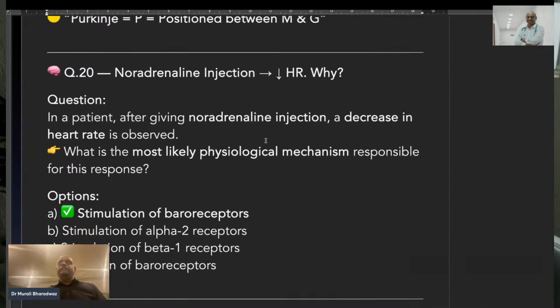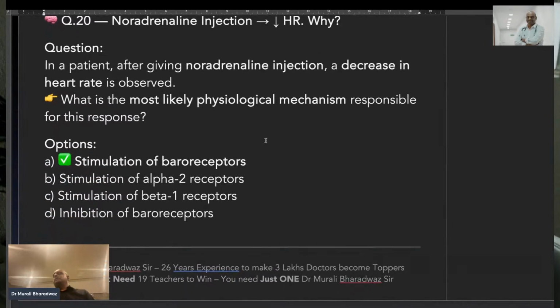Then, in a patient after giving noradrenaline injection, there is a decrease in heart rate observed. What is this because of? Whenever you give noradrenaline, it's a strong vasoconstrictor. Vasoconstriction leads to increased total peripheral resistance. That will stimulate the baroreceptor reflex. Any increased pressure will stimulate vagus. Vagus will lead to bradycardia. So that is the stimulation of the baroreceptors because of the vasoconstriction caused by the noradrenaline, which is acting on